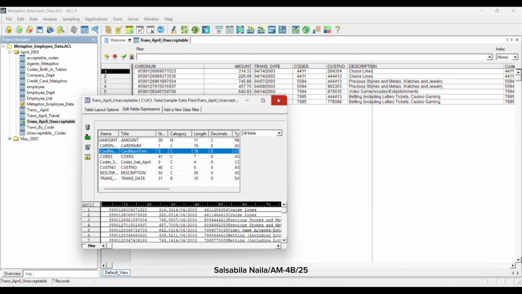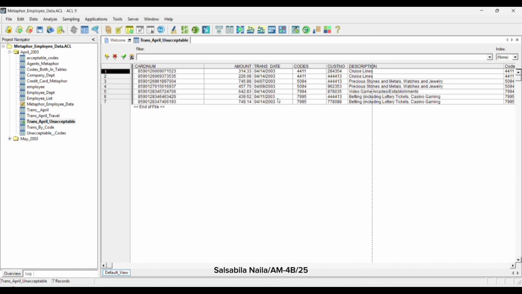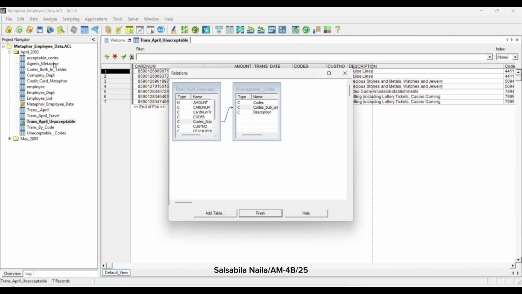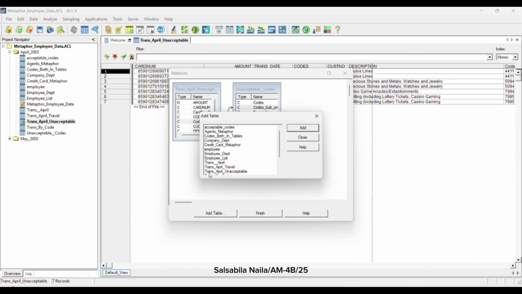Next, we create a detailed view of the unacceptable transactions. First, we select Data, Relate Tables. Trans_April_Unacceptable already has a relation with Unacceptable_Codes. Second, we select Add Table and the Add Table dialog box appears. We double-click Employees_Dept.